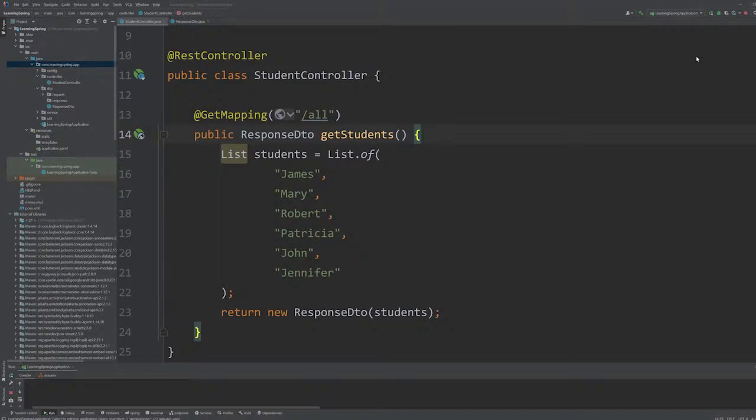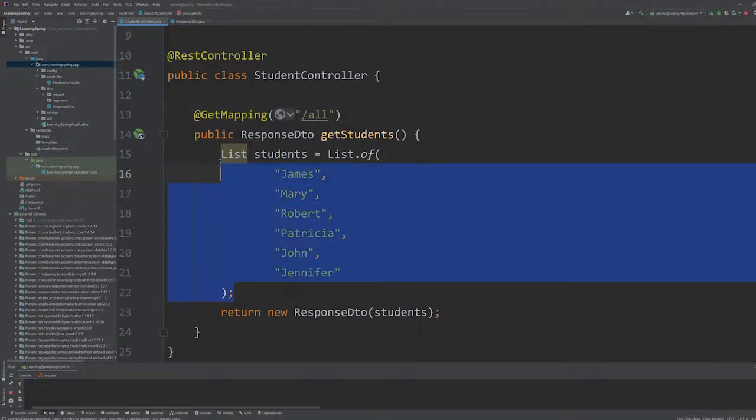In the last tutorial, I explained what ResponseEntity is in Spring Boot and how we can leverage it to return our customized HTTP response. Now in this tutorial, I'm going to explain how we can handle any kind of exception that occurs in our application. Let's get started. Here we have an example controller which is returning a list of students, and we are returning